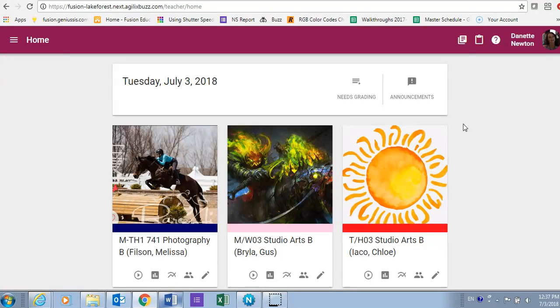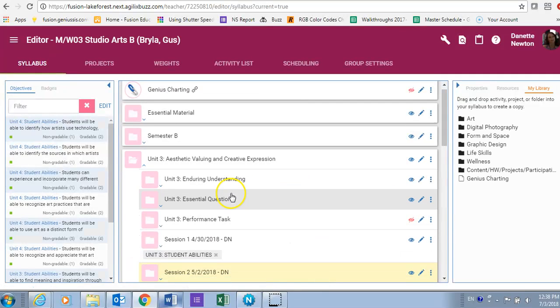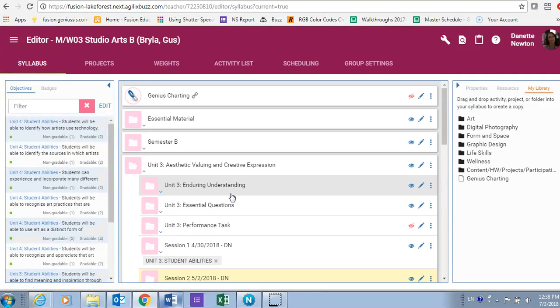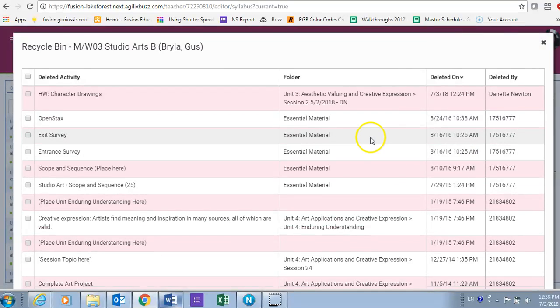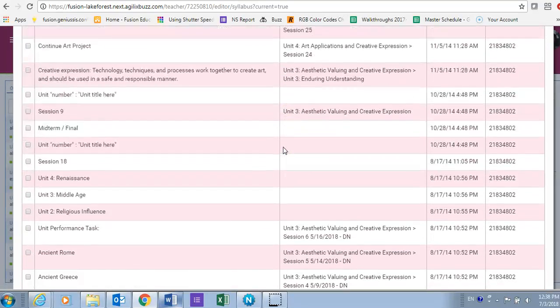This week I wanted to show you about recovering accidentally deleted items or missing items from your folder. So you can go into your student course, into the Buzz course, and go up to your wrench icon, which is your tools. Come down to your recycle bin, and then it has all the stuff that has been deleted